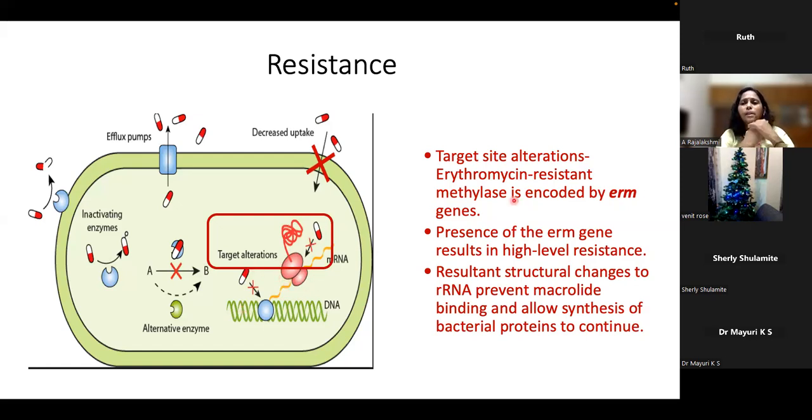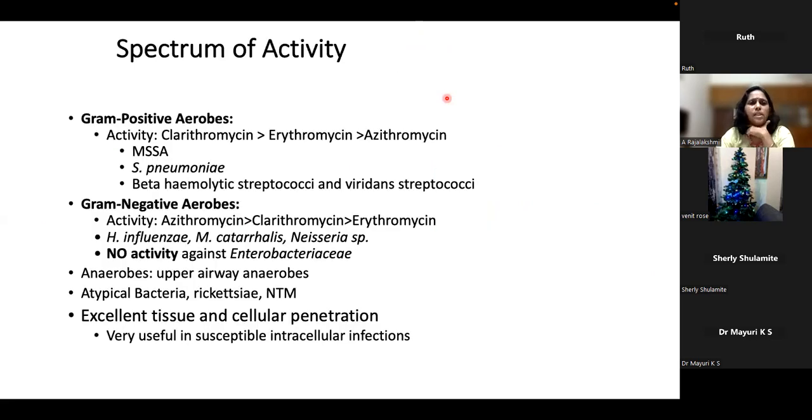So it blocks the RNA-mediated protein synthesis by causing mutation, so that the target alteration happens, so that the drug doesn't bind. And the most important gene that you have to remember for macrolide resistance is the erm gene, or the erythromycin-resistant methylase gene. Spectrum of activity, again, yes, if you look at the gram-positive aerobes, clarithromycin is more